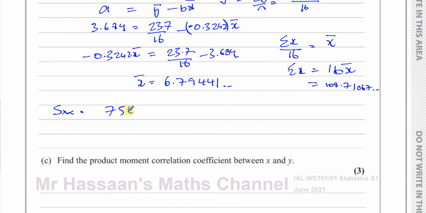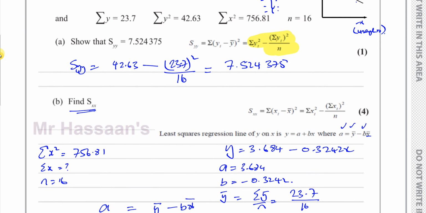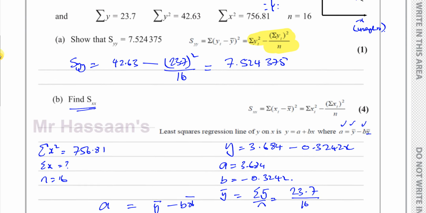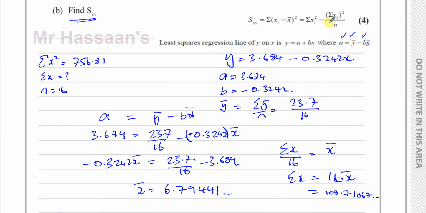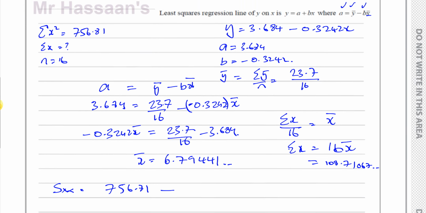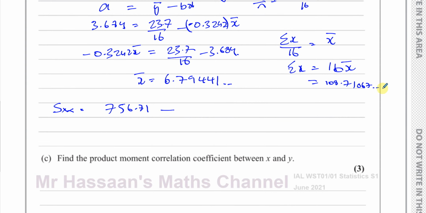So Sxx is equal to 756.81 minus the sum of x all squared divided by 16. So that's what we just found here. The sum of x is basically 108.71067, squared and divided by 16, and that should give us